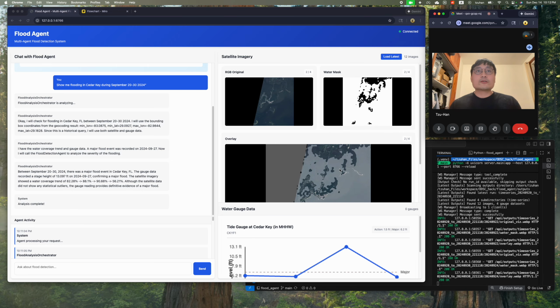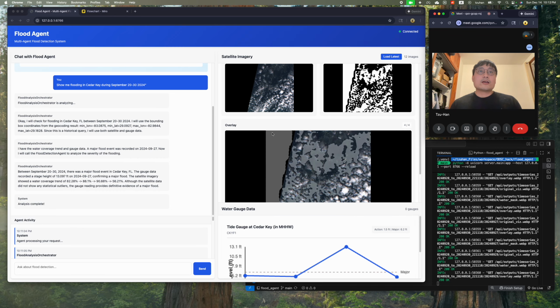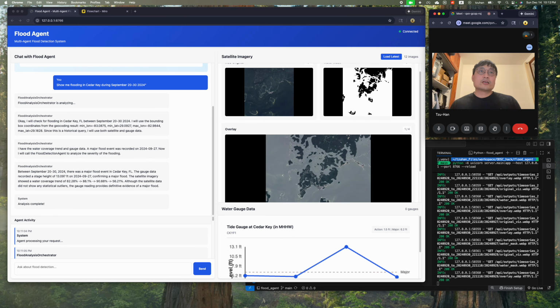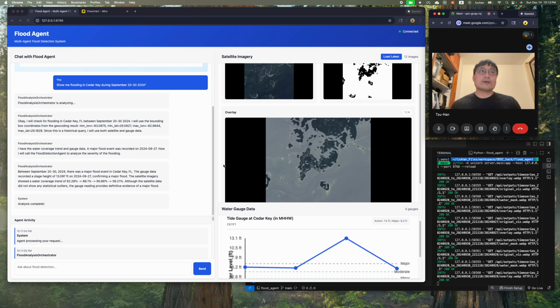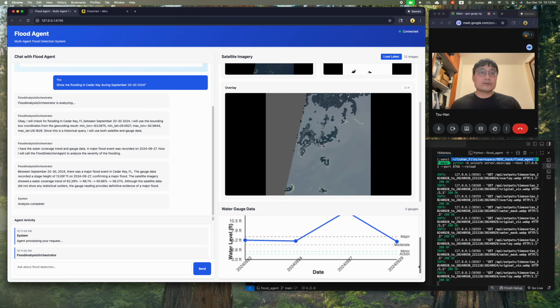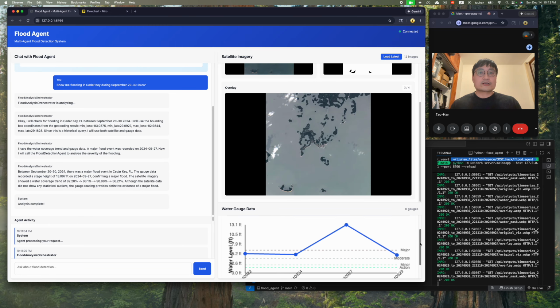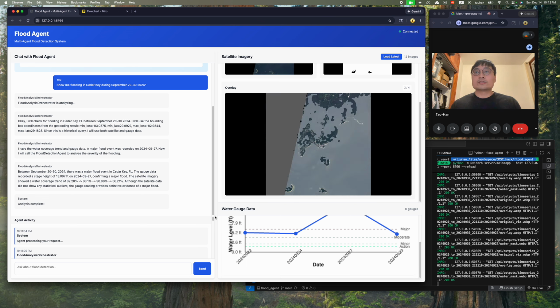Okay. So once finished, the front end will show the overlay and then RGB and then the water mask throughout this time series. And as you can see, because the cloud will interfere with the signal, that's why I use gauge data to provide a real ground truth validation. As you can see in here, the gauge says in September 27, we actually have a very high water level. That is true because